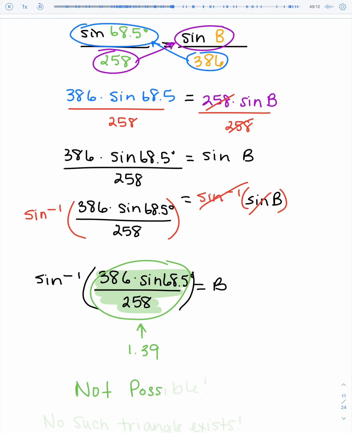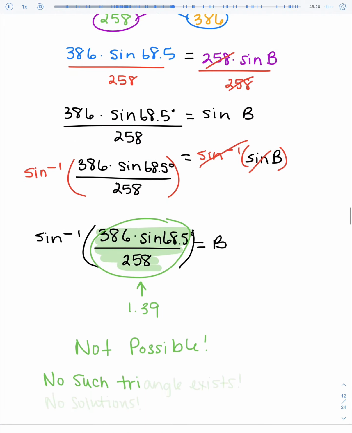So this is going to be that example where there are no solutions. There is no such triangle that exists. In other words, there are no solutions. That's your answer for this one. And that's going to happen sometimes. Now, is it going to happen on every problem or even a quarter of the problems? No. This is going to happen once in a blue moon. Now let's take a look at one more